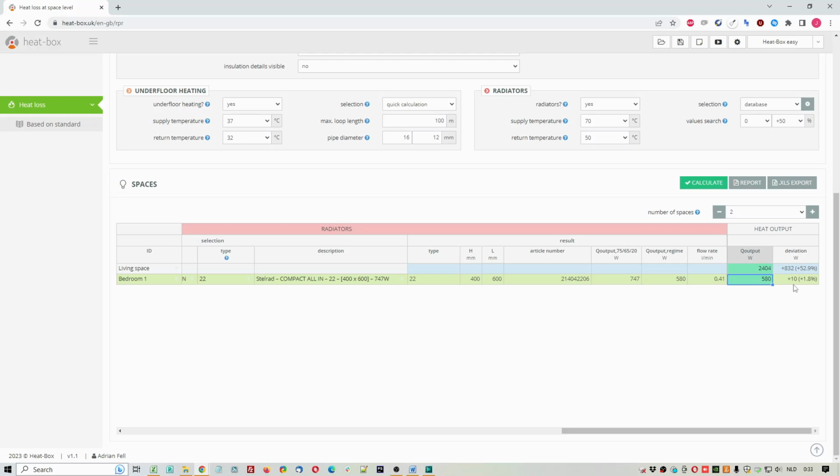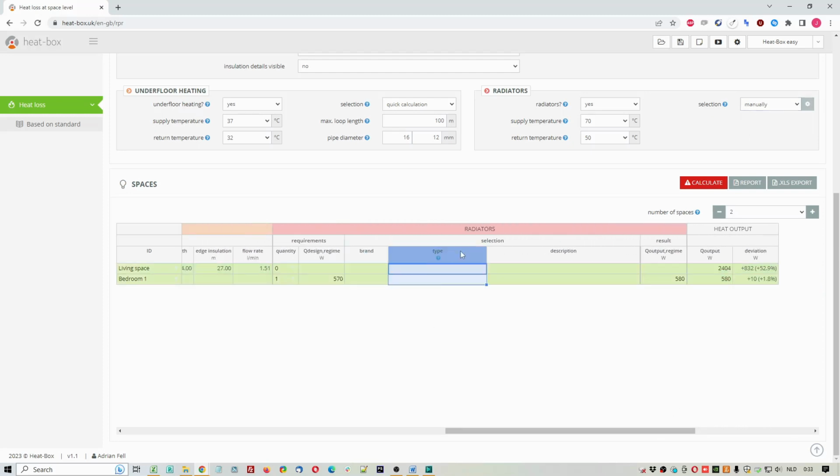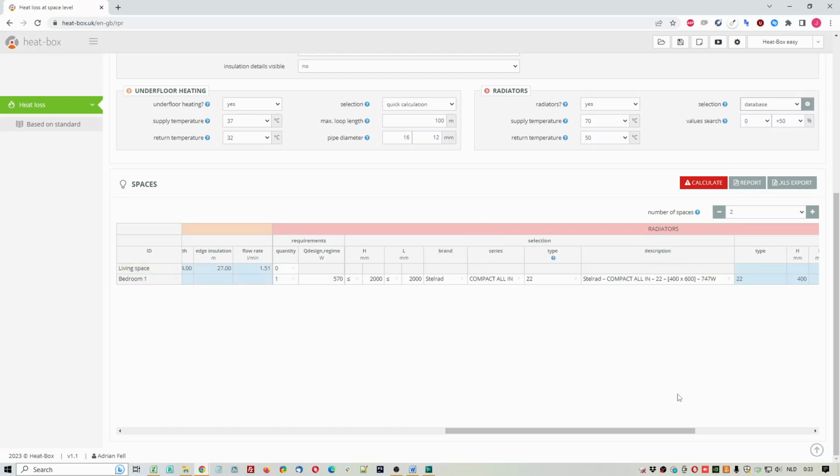If you can't find the radiator you're looking for in the database, you can also choose to enter it manually. You can enter the brand, type, description, and output power of the radiator. Before we continue, we select the radiator from the database again, and we see that we have a